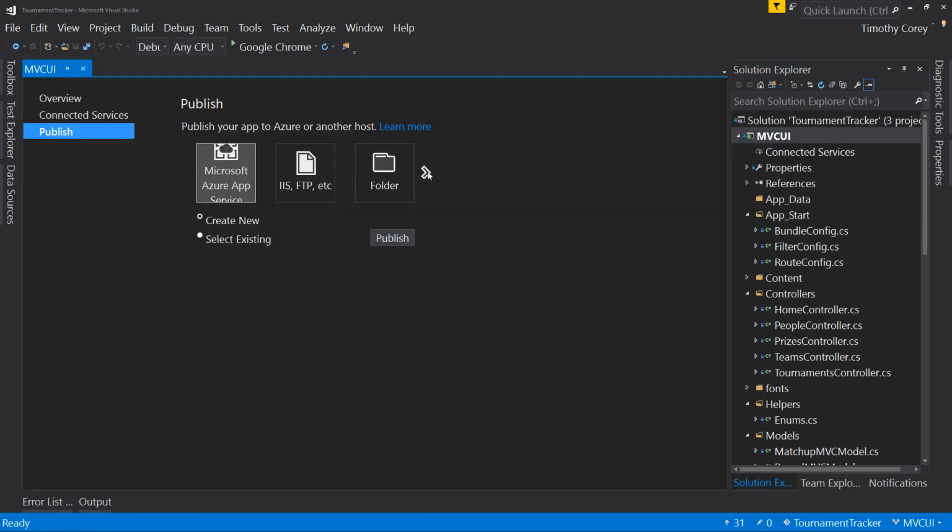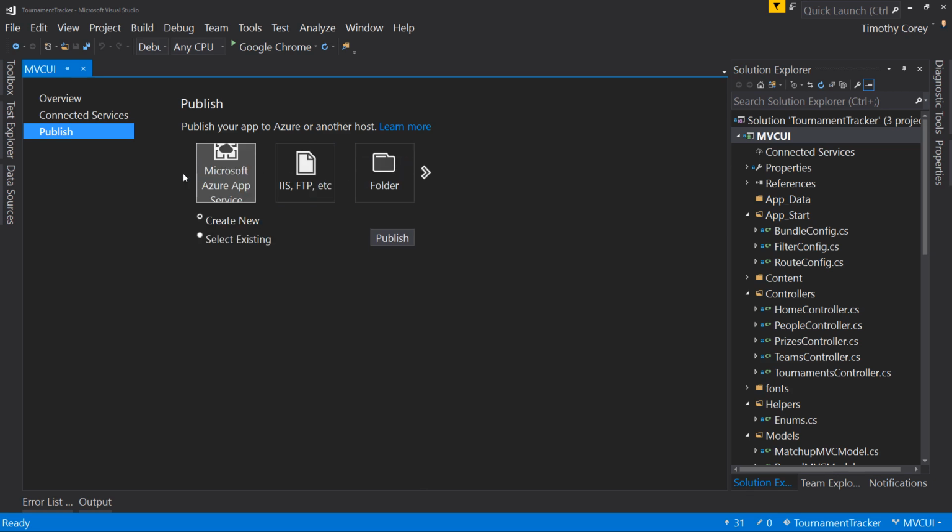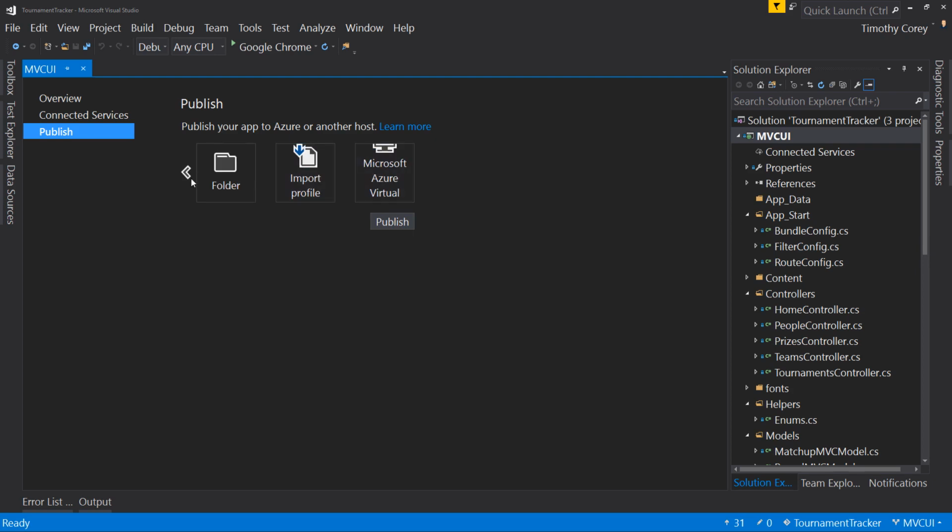And we have a number of options here. 3 are displayed, but if you scroll over, there's more. And really, all of these are shortcuts to this one right here, folder. The rest of them